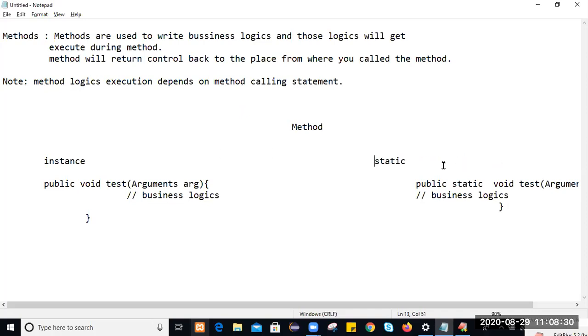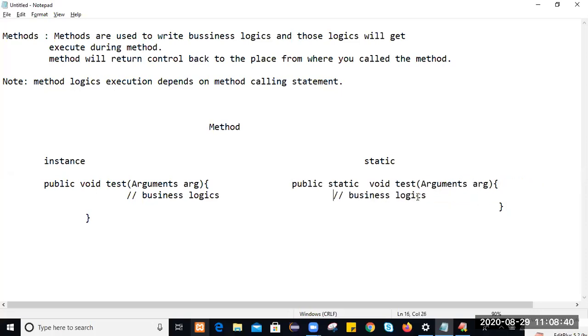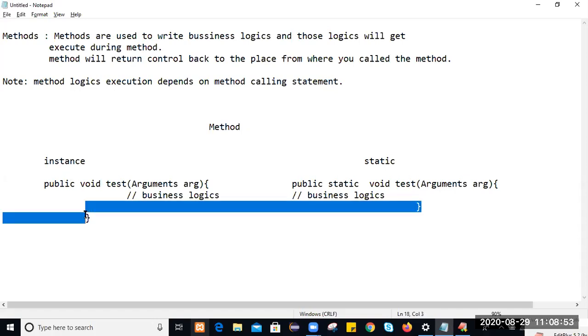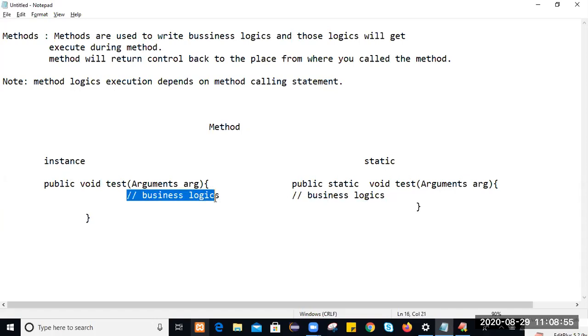This is the static method. We define a static method like this, and this is the instance method. The static method is defined like this: public static void main, and within that method area, we'll write the business logics. Similarly, this is the instance method, and within this area we'll write the business logic.